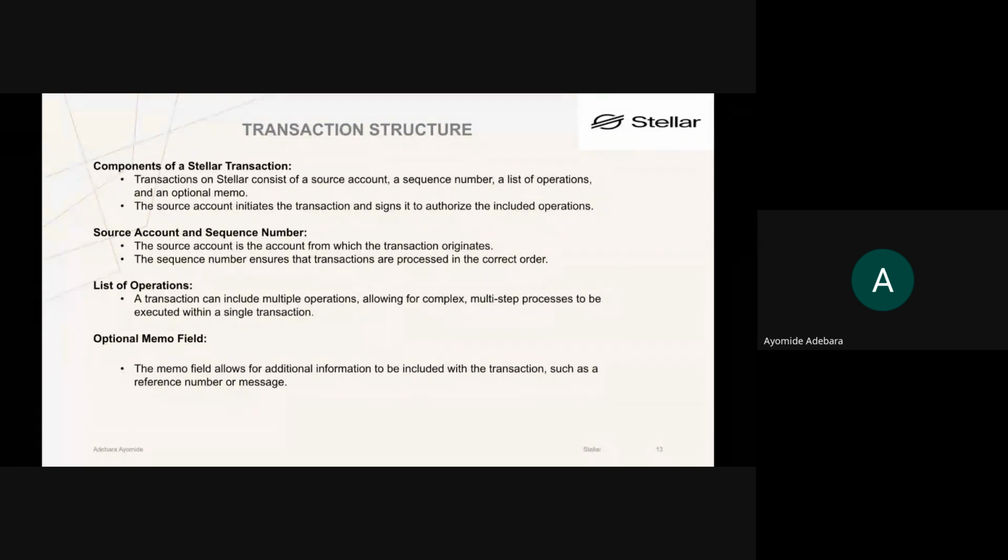So probably you want to send Lumens from one person to another, and you just add a memo to it saying thank you or something like that. It could just be added to the transaction, more like the reference number.